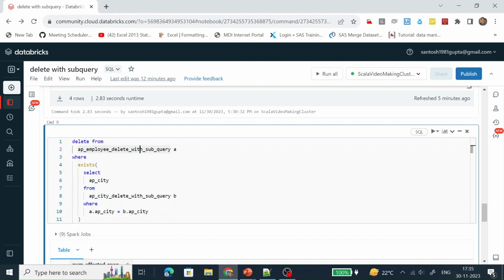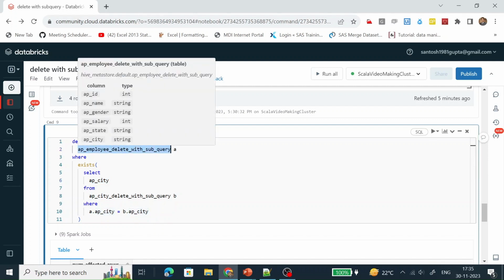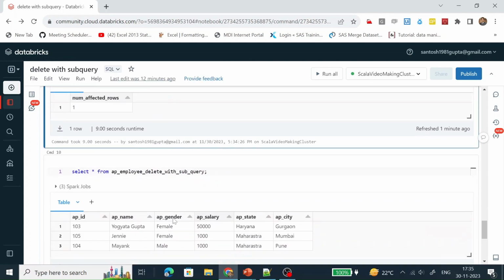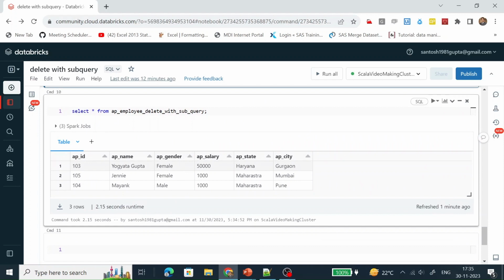So it will take AP city and supply it in this delete statement, and the AP city records are deleted from this table. That's why we can see the Lucknow record is not present.